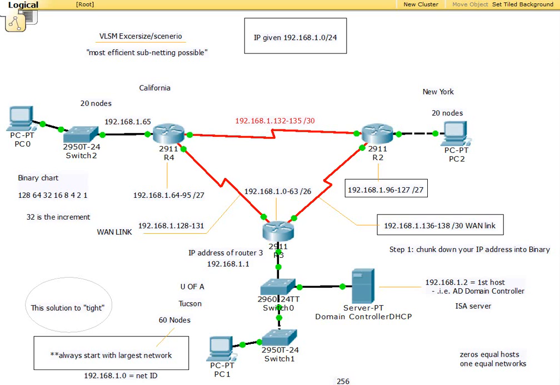This WAN link, you need an IP for each interface. In this case, we have serial connections. And on this serial connection, this side here, I see the little clock there, so that represents the DCE. On this other side is the DTE. If these were actual WAN links, we're simulating a WAN link at the moment with this serial connection, you would have to assign an IP to each interface. So I came up with this network: